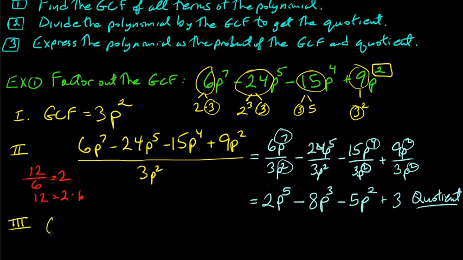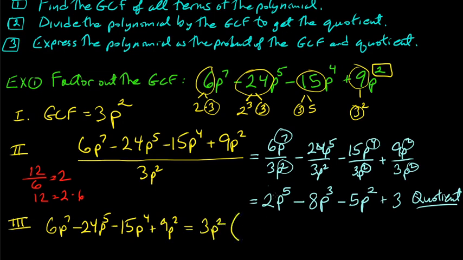So the original polynomial, 6p to the 7 rather, minus 24p to the 5, minus 15p to the 4, plus 9p to the 2, right? So that was the original problem. We're going to write this as the GCF, which is 3p squared, times all of this, the quotient, right? So just copy that down here, 2p to the 5, minus 8p to the 3, minus 5p to the 2